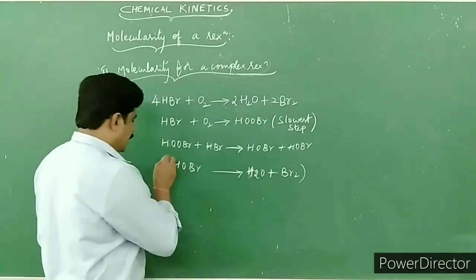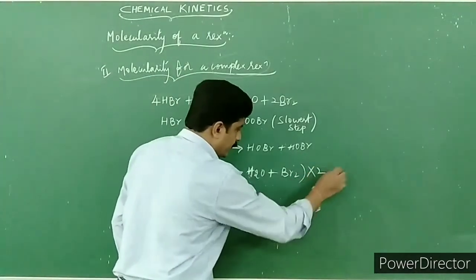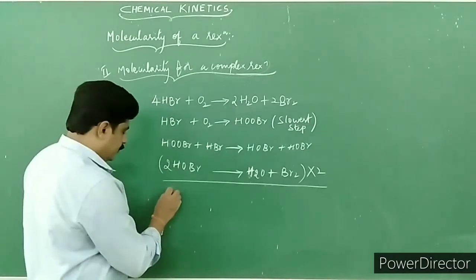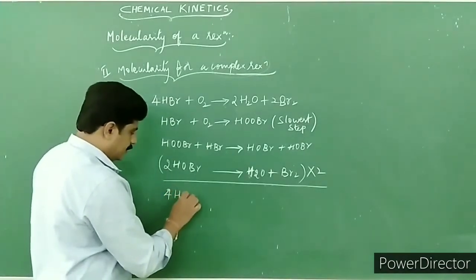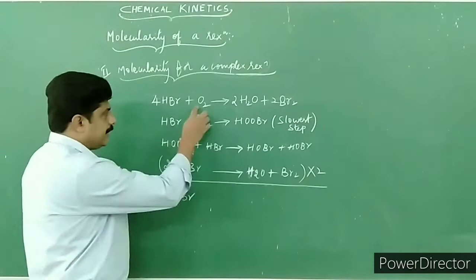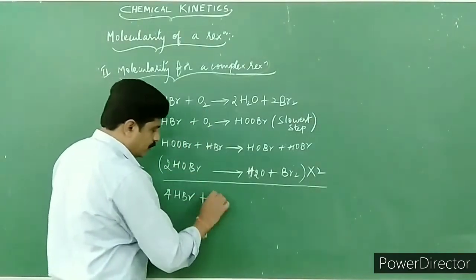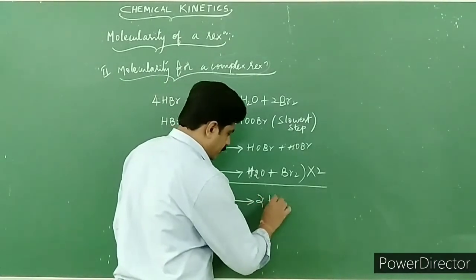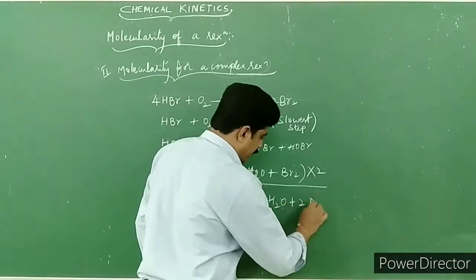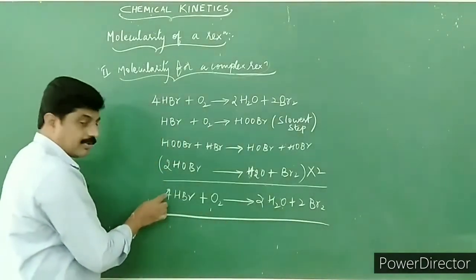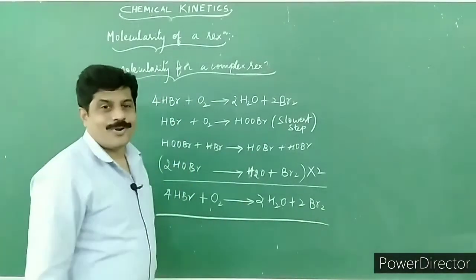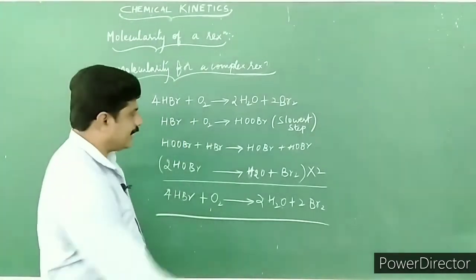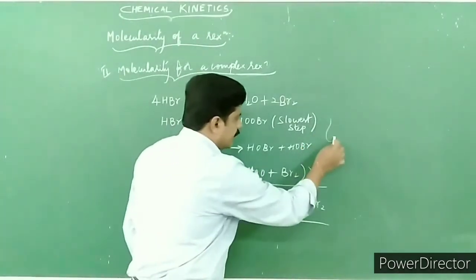Now what do I do? I multiply by 2. In that case, look at it, children, what I'm going to get, the overall reaction: 4HBr plus, look at here, 2O2. You're going to get 2H2O plus 2Br2. Children, this is the final overall reaction of this complex reaction, wherein it involved 3